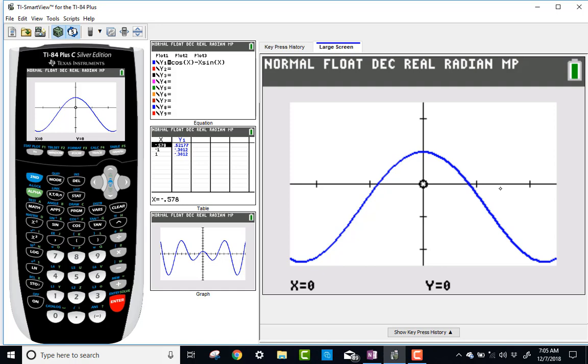And so what I'm looking for is the maximum area here, between negative pi halves on the left side over here, all the way up to pi halves. Now this is the graph. You have to remember this is the graph of f prime of x, or we called it dA dx. So dA dx is